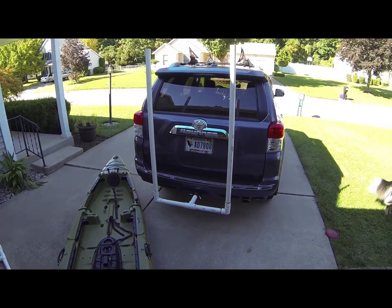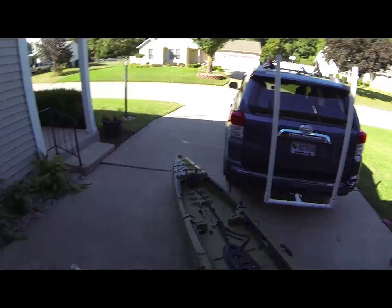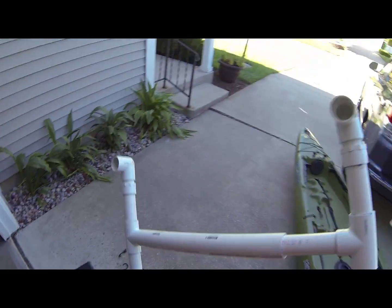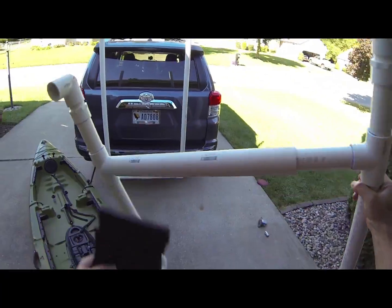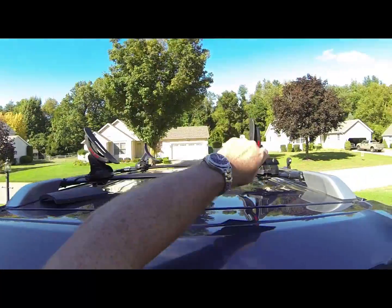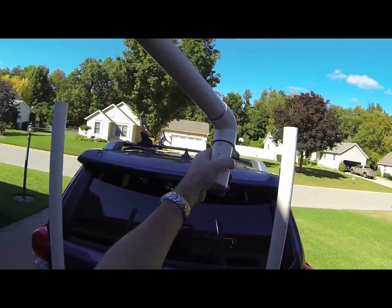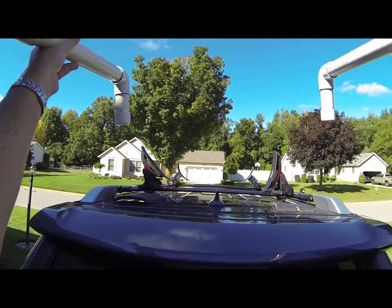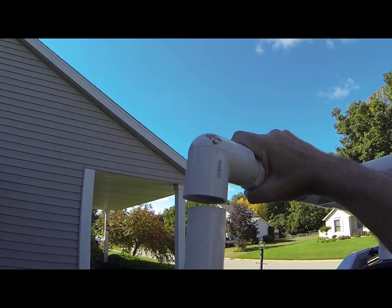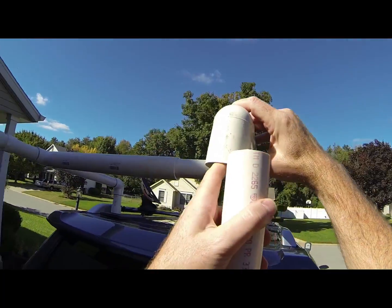and I have my two vertical bars that are going to give me the height that I need to get over those obstacles. So the second part is this piece here, and I've got two little foam pads that I stick up here to help protect the roof. Essentially there's just 2 feet that go onto the roof, and then there's 2 cross tees that just slip right on top of the